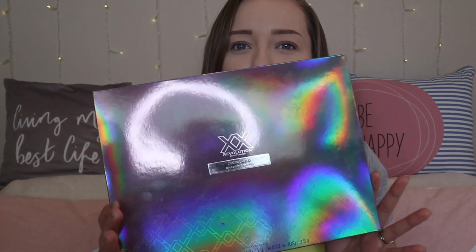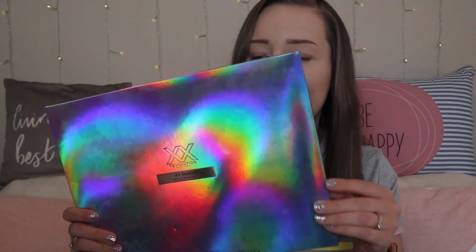So moving on, we have the XX Revolution XX Cloud Shadow Palette. This is the outer packaging. So this is £28, which I know what you're thinking. £28 is quite expensive for XX Revolution. But let me show you the palette, because I think that you'll understand why it's £28. It's got this gorgeous holographic outer packaging,